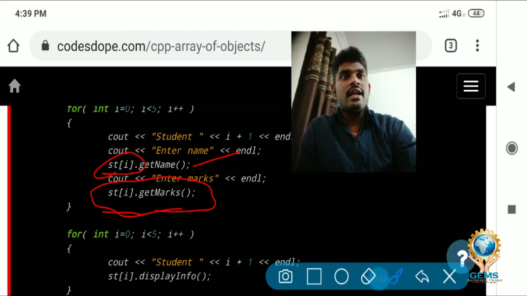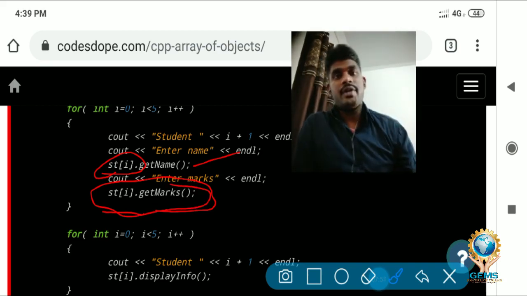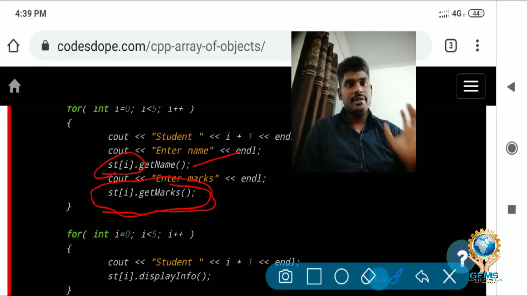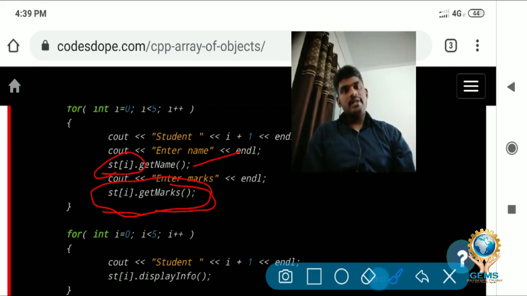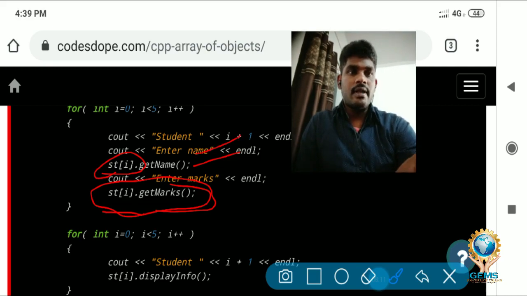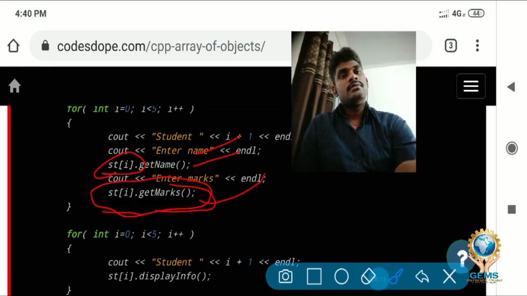This is the array of objects. However many members' data you want to enter, that many objects will be considered in this single array. st[i].getname and st[i].getmarks will take the data of the students.